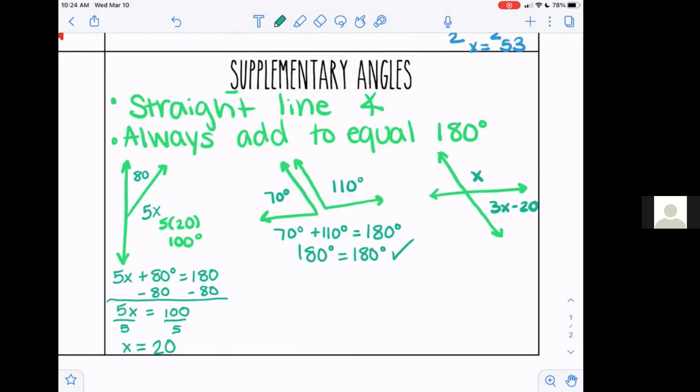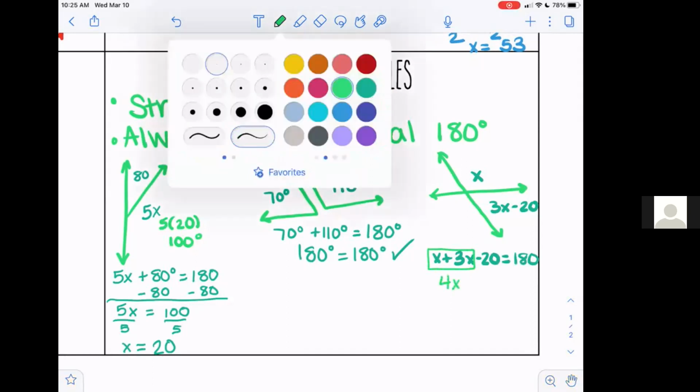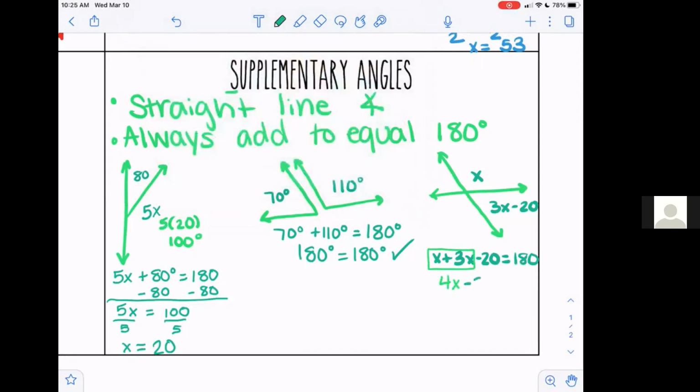All right, so now we've got this X angle plus the other angle, which was 3X minus 20. The two of them have to add to equal 180 degrees. So now I can combine my like terms. I have an X plus a 3X. So 1 plus 3 gave me 4X total. And then we're just going to keep all of the other stuff the same. So a minus 20